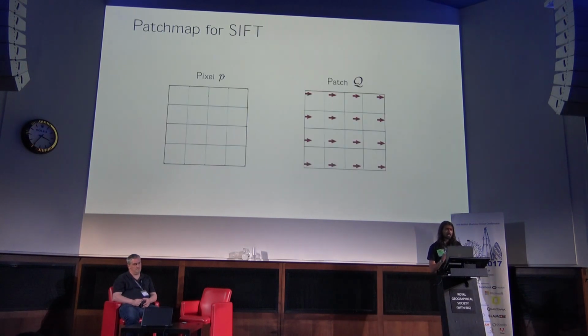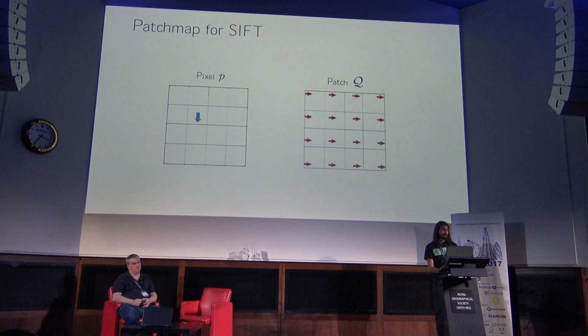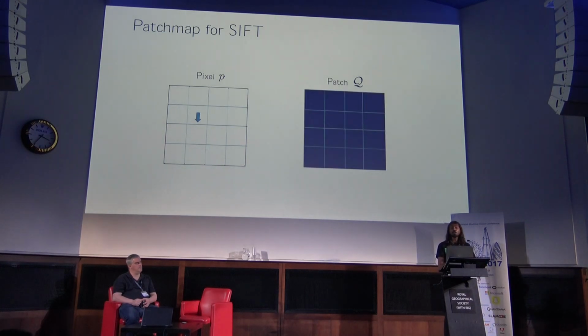Alright, just to drive home the point, let's see what these patch maps look like for the case of SIFT. So for example, if I have a blue pixel here of the same orientation, then only the pixels in the bin in which this blue pixel is are going to fire. And in case the orientation does not fall in the same bin, then this pixel is not going to contribute to the score at all, and we're just going to get 0 everywhere.